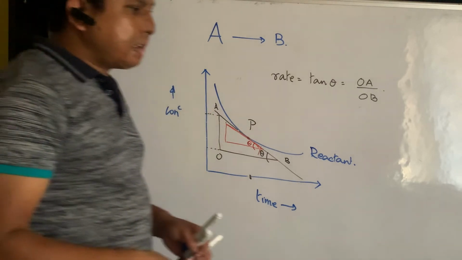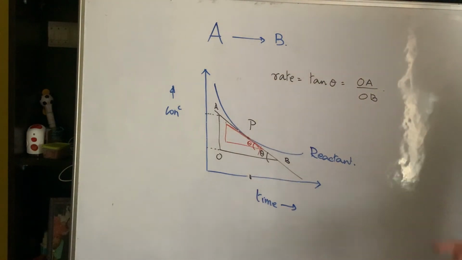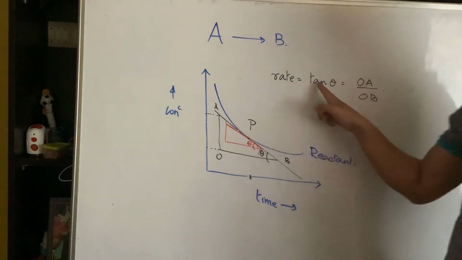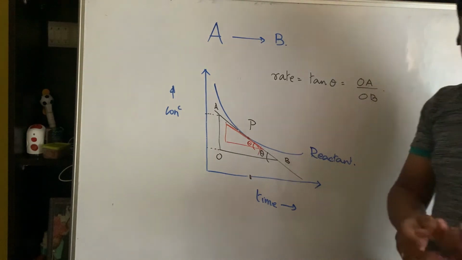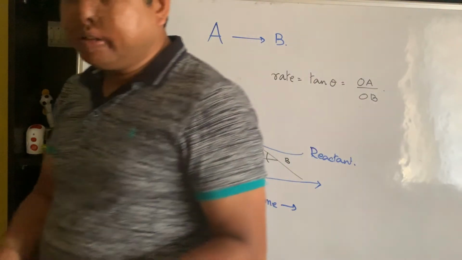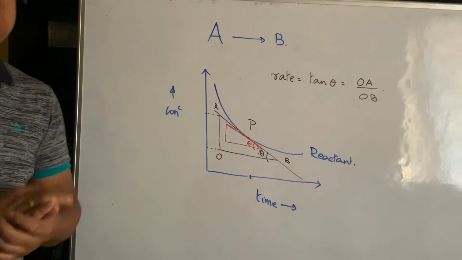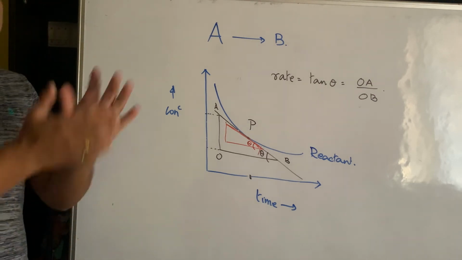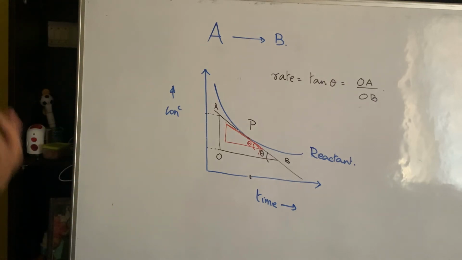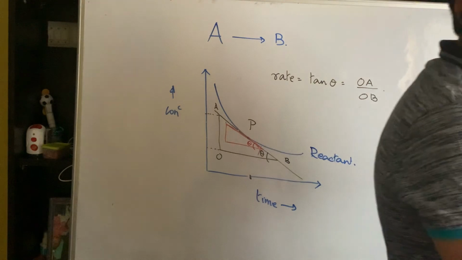So what you do is, again, you yourselves try. How do you measure the instantaneous rate in terms of product? The nature of graph will be different. So students, today we have learned how we express the rate in terms of rate of appearance, rate of disappearance, what is an average rate, what is an instantaneous rate, what is the difference between them, what is the relation between them, and graphically how we determine the average rate and the instantaneous rate.